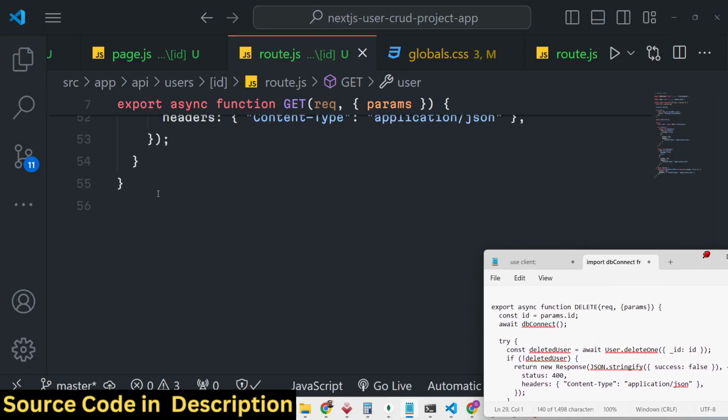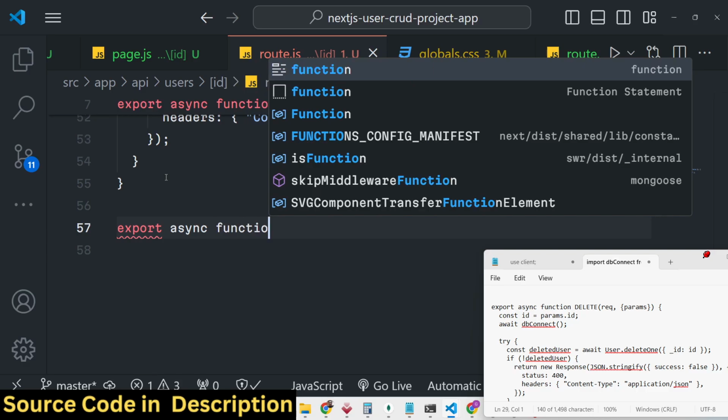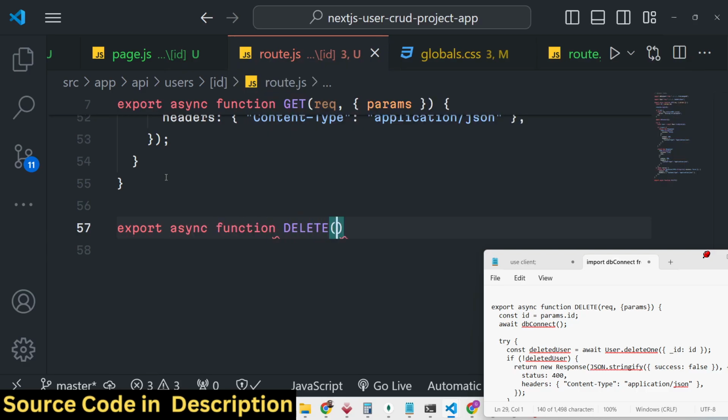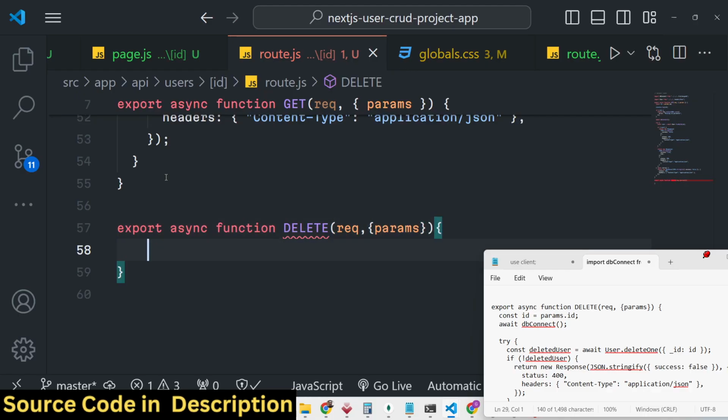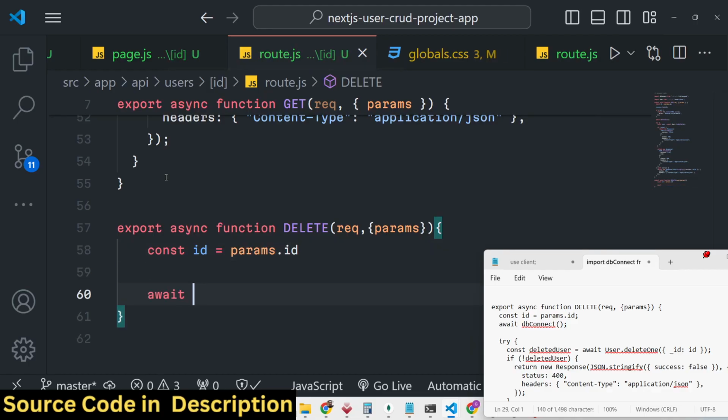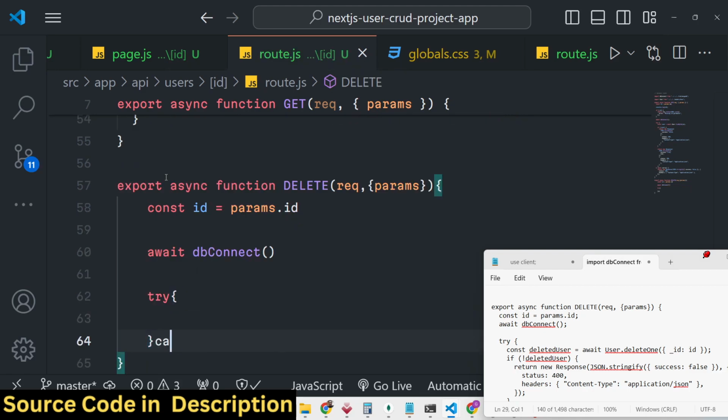So this will be very simple. Right at the bottom you can define this export async function DELETE request and the params will be passed right here. First of all we need to get the ID which is passed, params.id. Similarly then we need to make the connection to the database, dbConnect we will call it, and then in this try catch block we need to